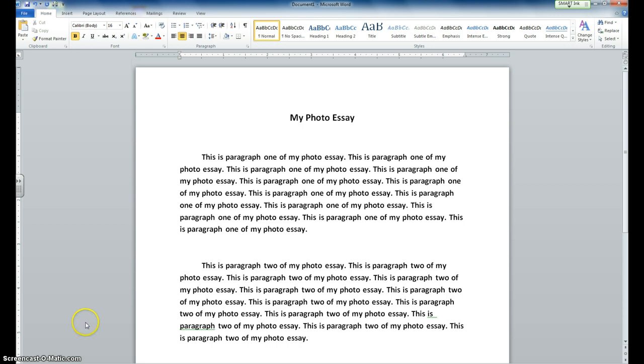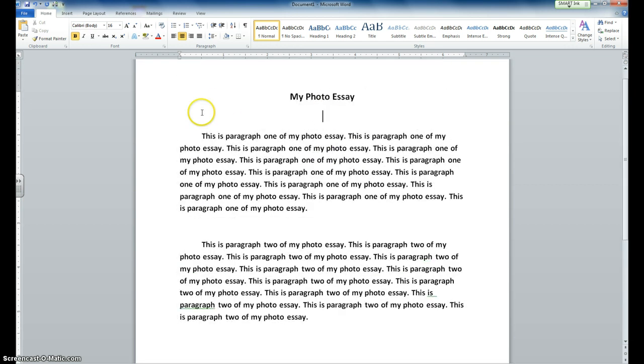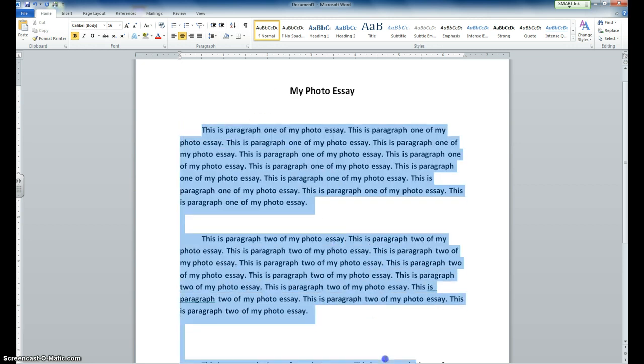pictures. So I have here in front of me my photo essay, 3 paragraphs, takes about a page. The first thing you're going to want to do is make all your revision and editing changes. So go through and add your new sentences, make any spelling, capitalization, punctuation changes. And then once your photo essay is written the way you want it, you can go ahead and change the